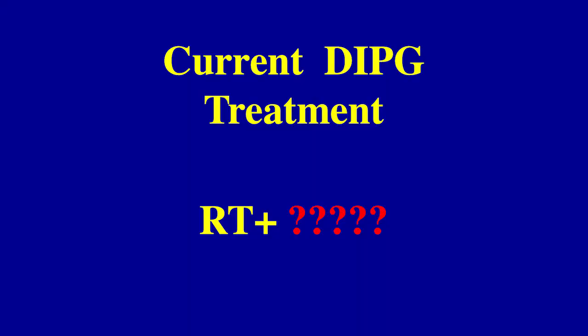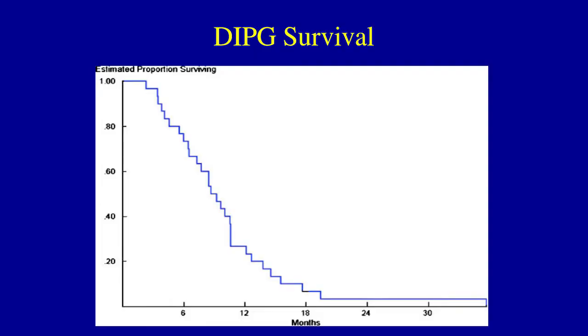So right now, our standard therapies for diffuse intrinsic pontine gliomas is radiation therapy plus research, okay? And there's lots of research that's been going on about it, but we still have yet to make a dent in this. The survival rate is low, you know that. But there is a glimmer of hope with a number of institutions that have found the same genetic finding, not in the majority, or not in every one of these tumors, but in a substantial number of